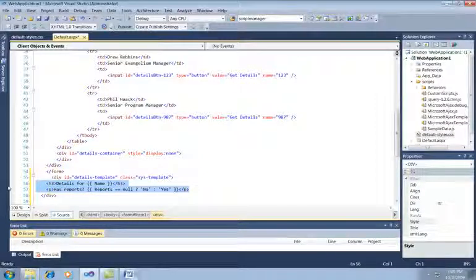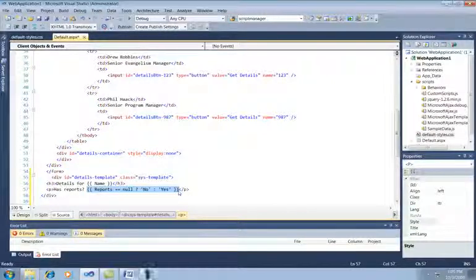This template is going to have the data injected into it where these double braces are. So we'll have the name field right here in the first line, and then in the second line you can see that what's inside those double braces is actually a JavaScript expression, not just a simple property name or field name. So here, if the value in the reports field is null,